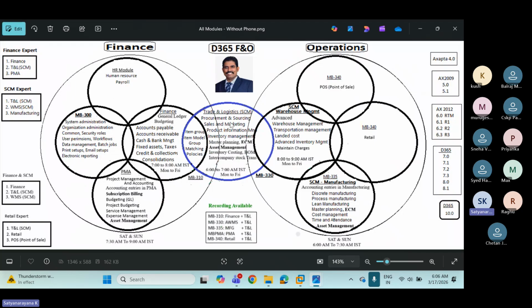Along with these 5 modules, you will learn some additional ones: engineering change management, asset management, and inventory costing, one of the important topics, covering FIFO, LIFO, weighted average, and moving average, very complex functions that you need to understand. Also bill of material and intercompany stock transfer. There are many more subtopics inside. Around 5 to 10% of the subject is finance related, meaning finance and supply chain management together, and I will cover those topics here.